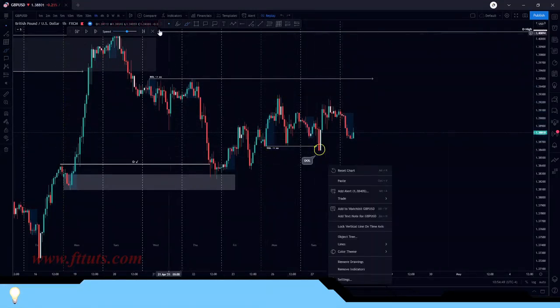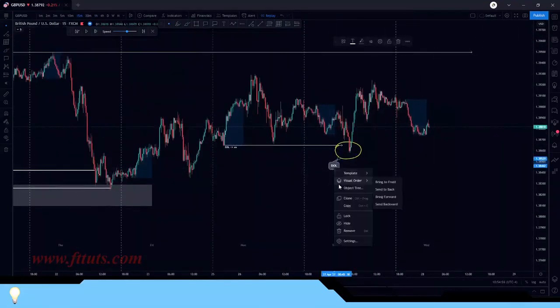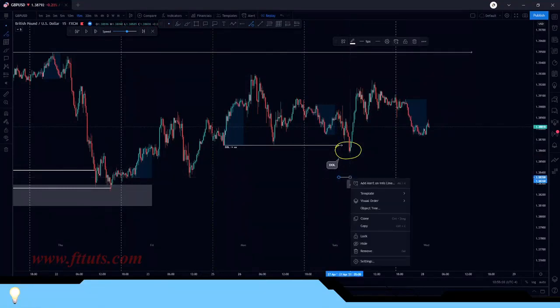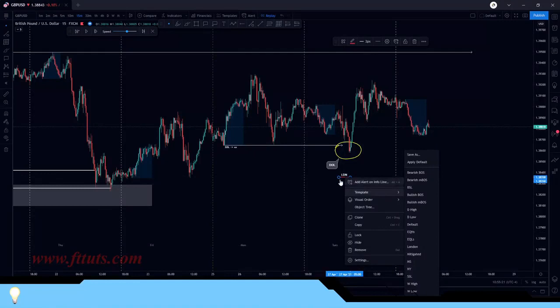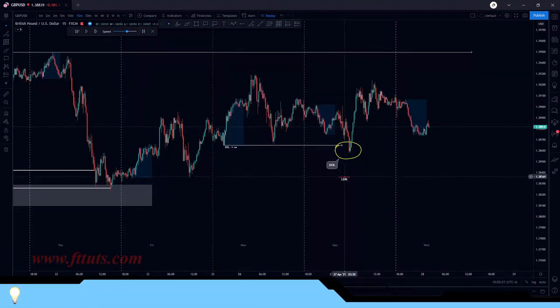So we go down to the 15 minutes just to pay attention to the session timing. Let's come and draw these here. We have our London peak session time from 2 a.m. to 5 a.m. I'm going to put this at the bottom, and then we're going to have New York from,